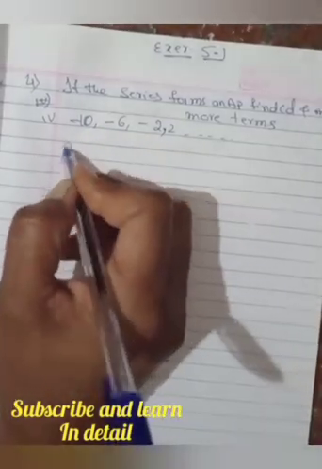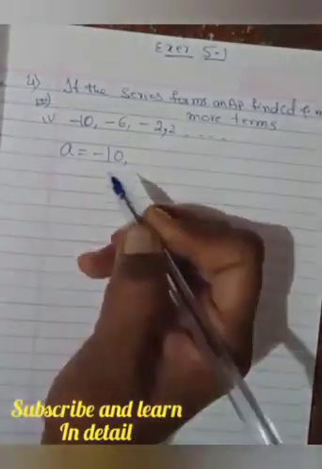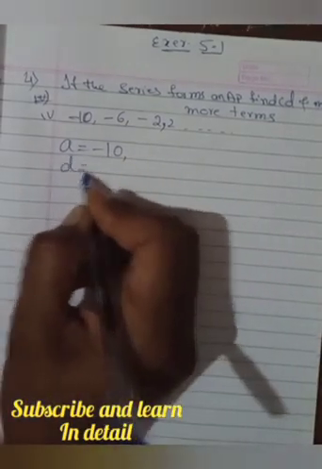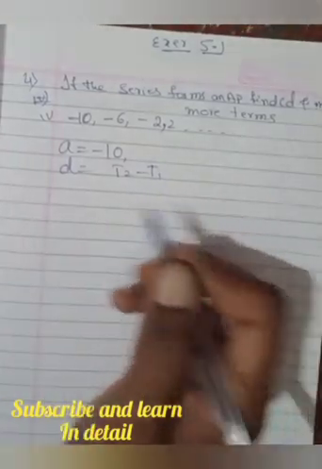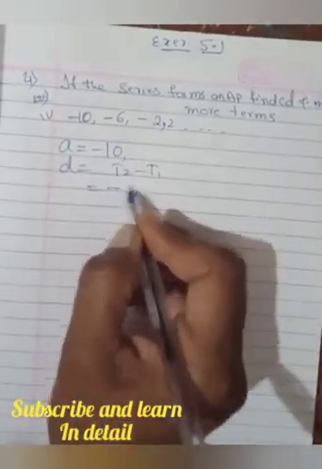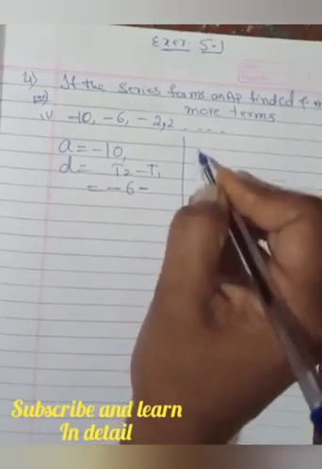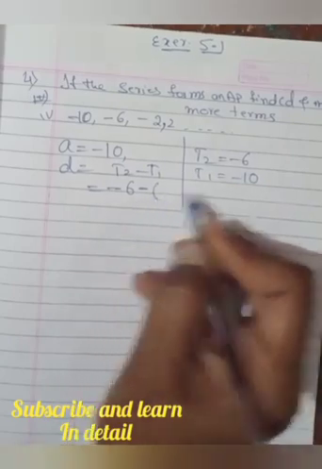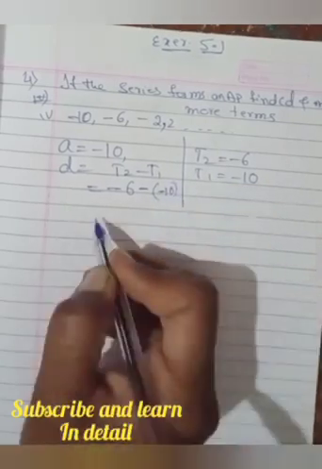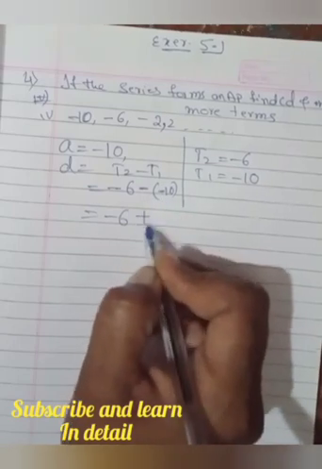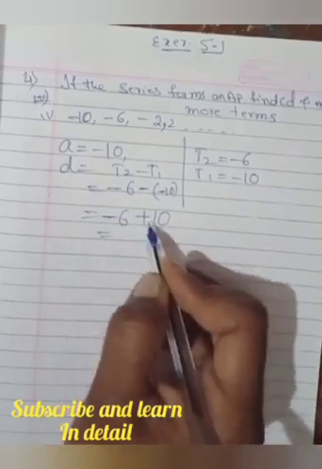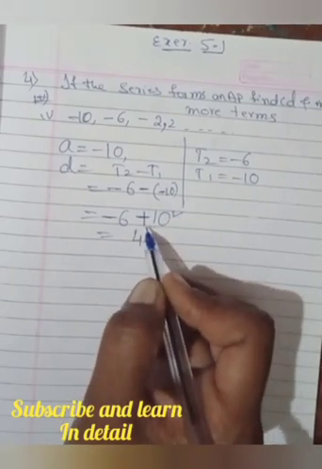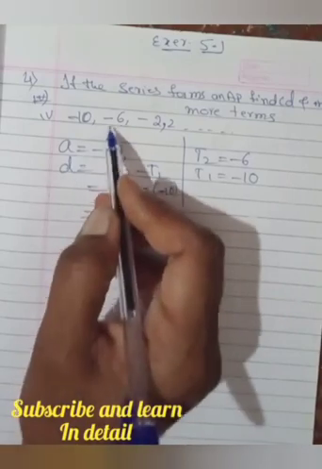Here you have the first term, a is equal to minus 10, and how to find the common difference, that you know very well. So the common difference is the second term minus the first term. The second term is minus 6 and the first term is minus 10. So minus 6 minus of minus 10, this is minus 6 as it is, minus minus becomes plus 10. This is very simple. One is negative, one is positive. Subtraction, 10 minus 6 gives you 4. The bigger number has the plus sign. So you are getting plus 4 as the difference between these two.